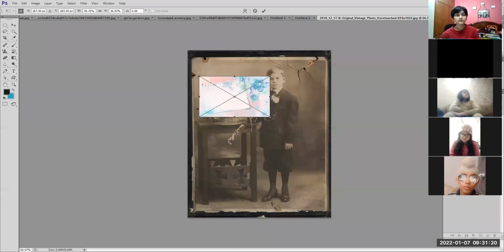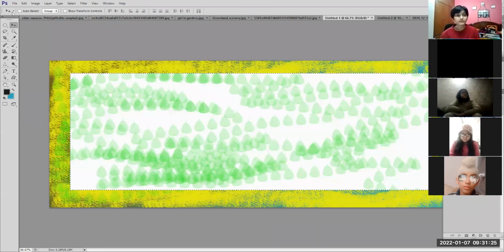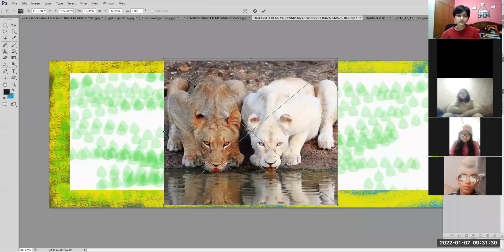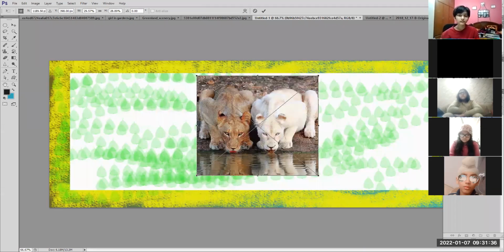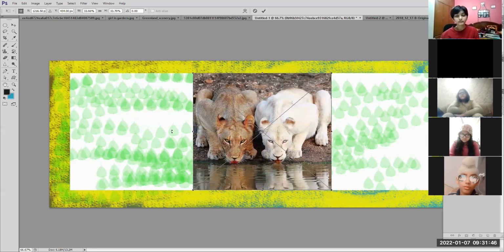Okay. Suppose I'm having a new file here, untitled one. I click on the File menu, Place option. I choose any picture. That picture is placed over the background layer. You can see the background layer, and this image is placed over it in a new layer. Got it? The Open option will open the image as a background layer, but the Place option will place the image over the background layer. Is it clear?